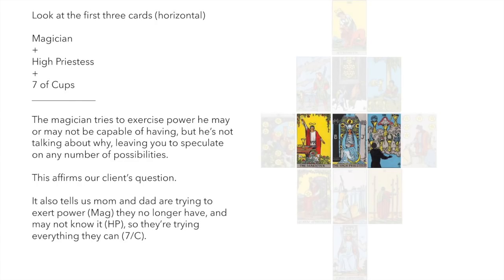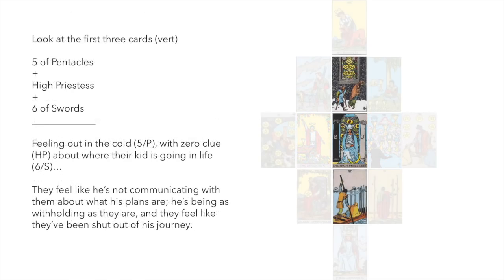guess. But one of the reasons why we already know is because they're trying to exercise power over a grown son who doesn't really respond to their authority in the way they used to. So that's the first combo. I always like to find validation in readings, and so early on I find that can be helpful. So now we look at the vertical column, the first vertical column, and we've got the Five